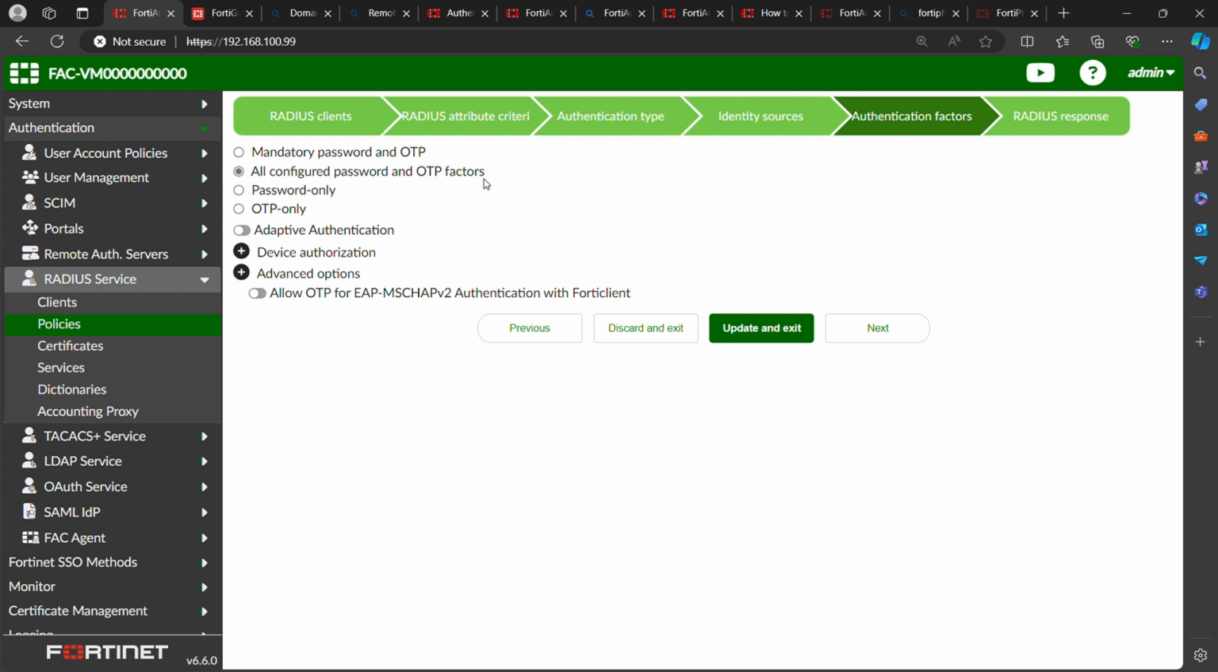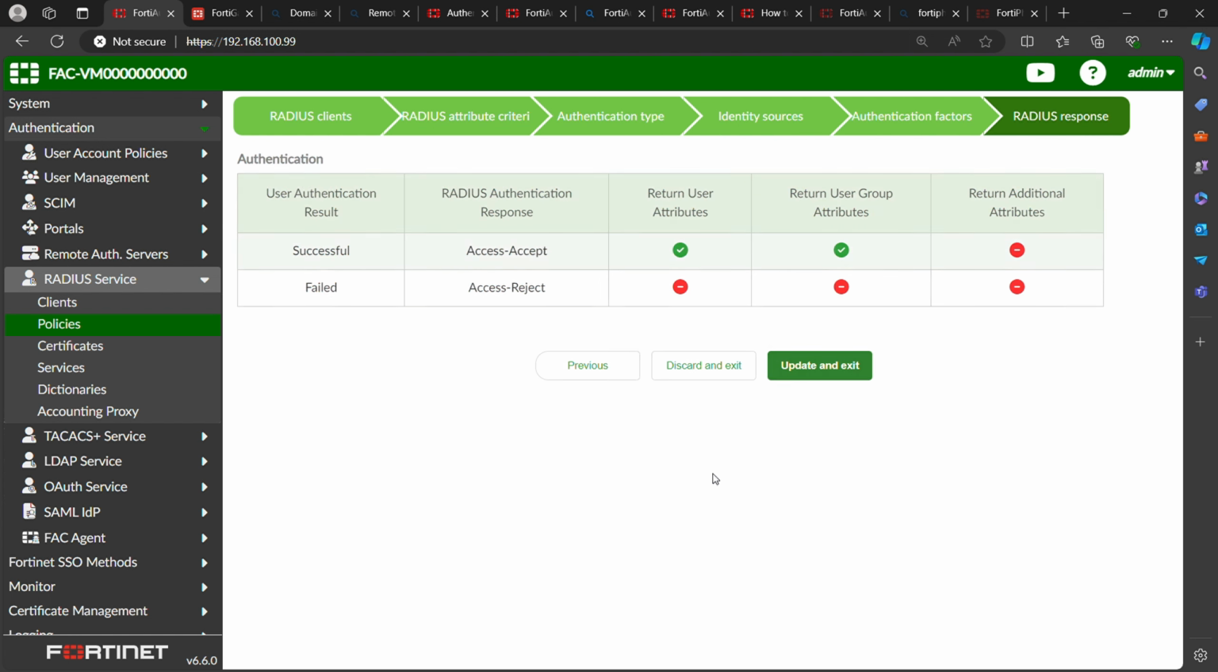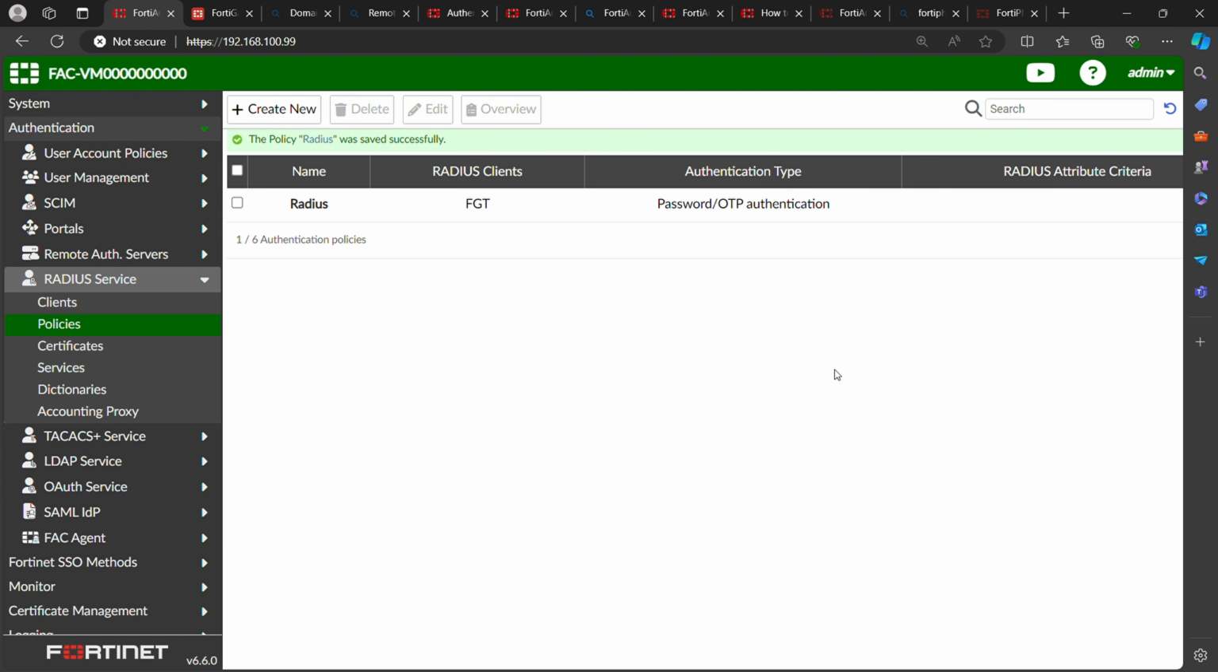But if you want mandatory password and OTP, that means you want users to use an OTP, a one-time password, which is not the case for this video. So you select all configured password and OTP, then select next, and you click save. Once this is configured, the next thing you want to do is go to your FortiGate device, then come to